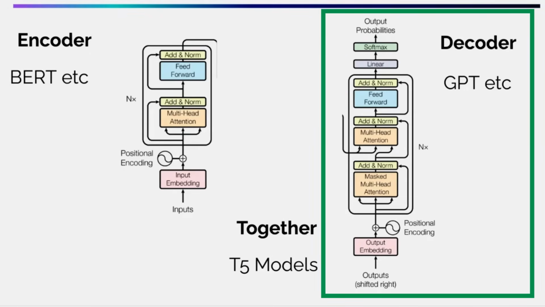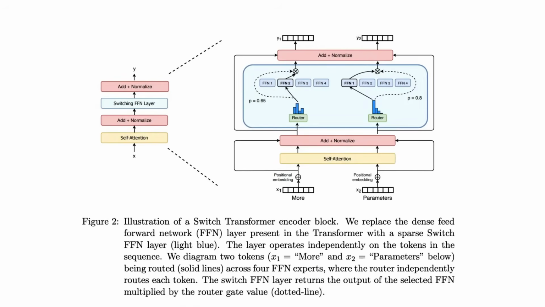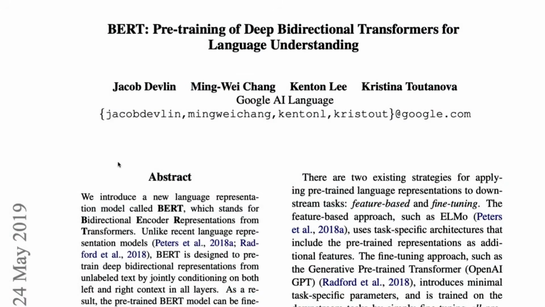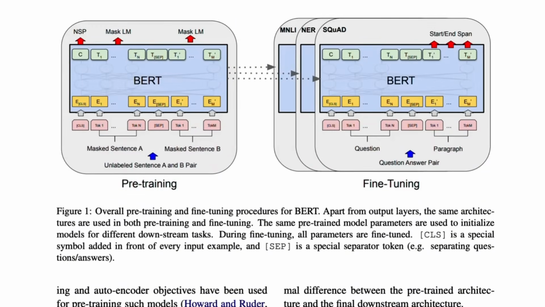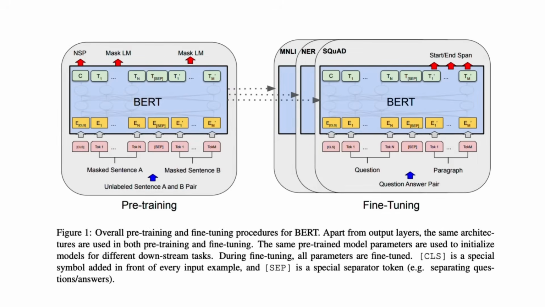So the decoder models are what we know as the GPT models and a lot of the open language models. These have changed now because they've gone to mixture of expert models, but a lot of the fundamentals are still the same with these. The encoder part of the transformer got used for the BERT model, and the BERT model was very useful at doing a lot of these standard tasks. So just like the standard LLMs today, they do the pre-training a little bit different than just next token prediction, like what we see for most of the LLMs nowadays. They're actually doing things like filling in the gap, predicting whether one sentence semantically followed another sentence, that kind of thing. But the key thing here was that these BERT models were really good for fine-tuning for very specific NLP